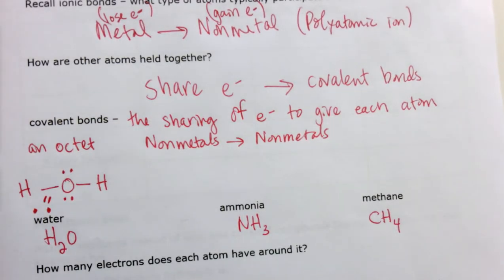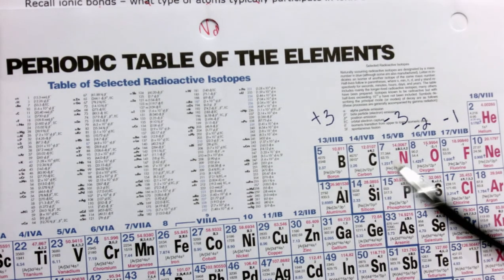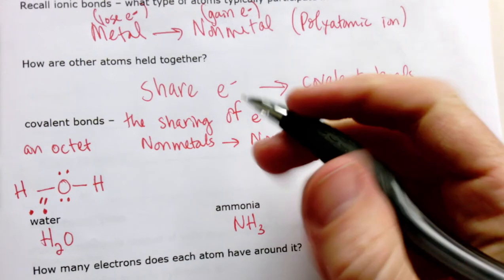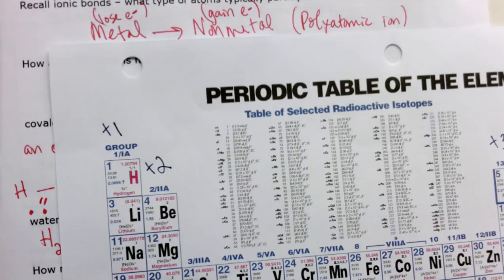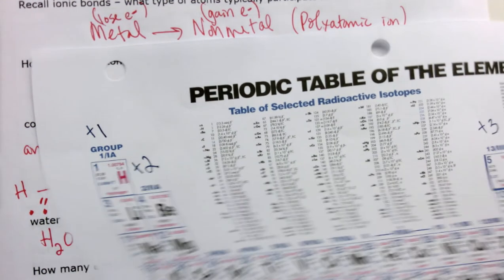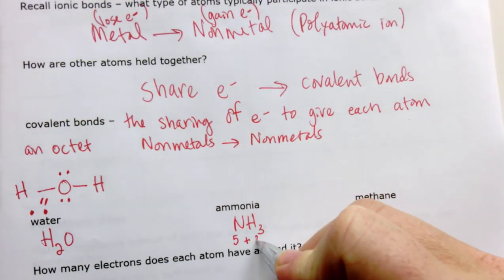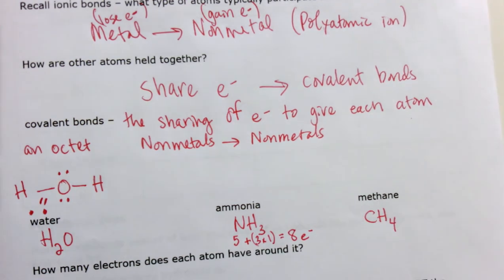Okay, ammonia. Ammonia's molecular formula is NH3. I kind of went through this quickly on water. I'll take a little bit more time with ammonia. Nitrogen has 5 valence electrons. Hydrogen has 1 valence electron, but you have 3 hydrogens, so it's going to look like this. You have 3 times 1. So you will have 8 total electrons depicted